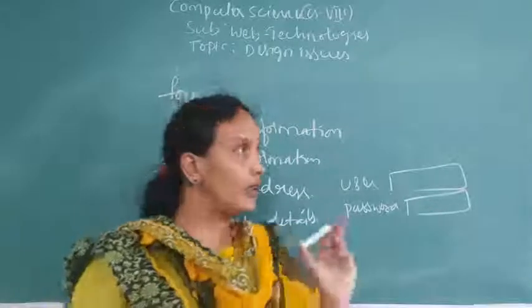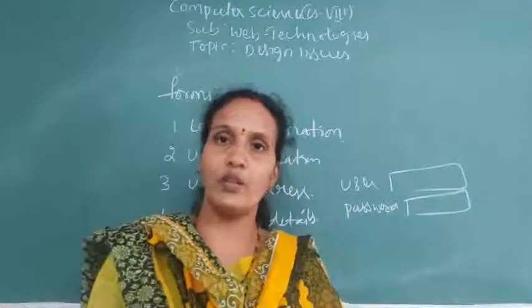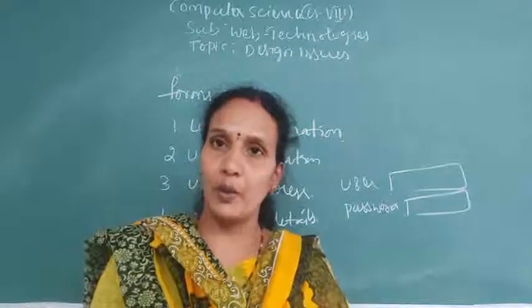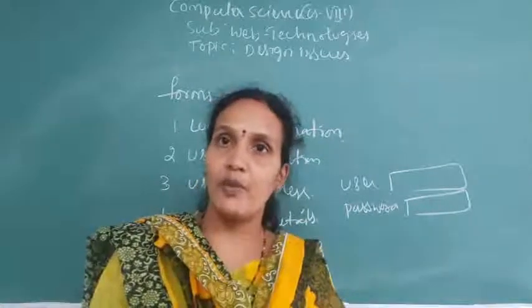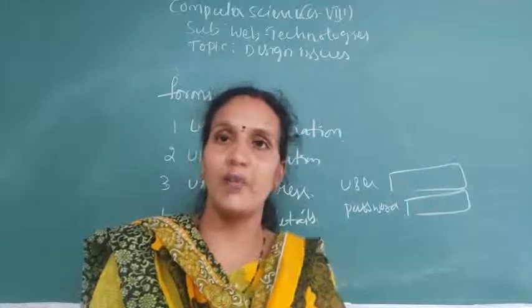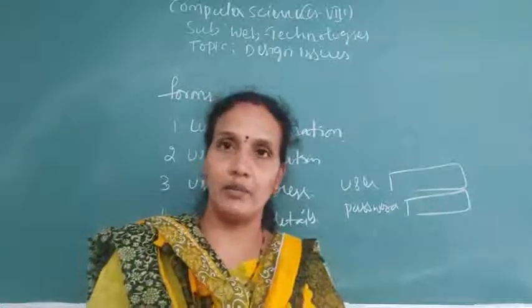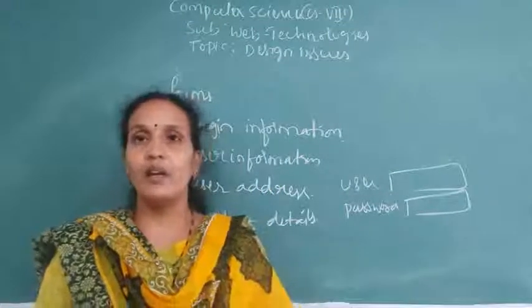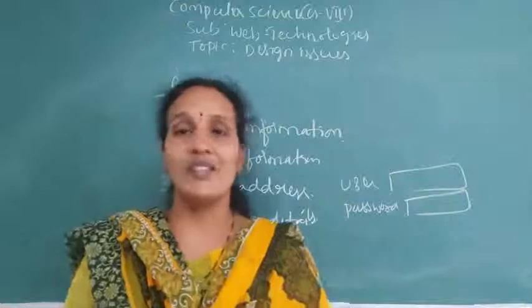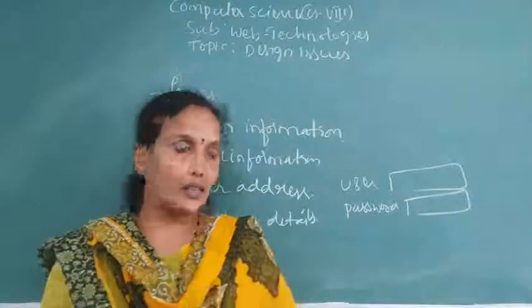Okay, the next one is the tables. When you are designing tables on the browser window, what things do you need to think about? There should be proper padding, means a space between the content and the walls, and there should be alternative shadings, and whatever text color and background color there is, that should be contrast. Okay, and always try to keep the first row as a heading for the remaining rows. Okay, that is in tables.